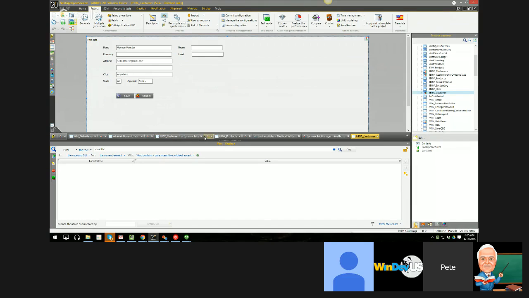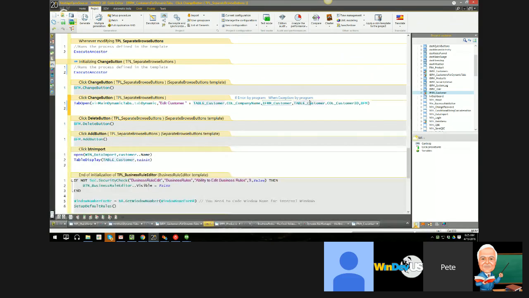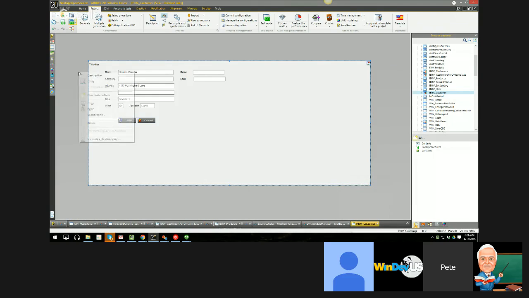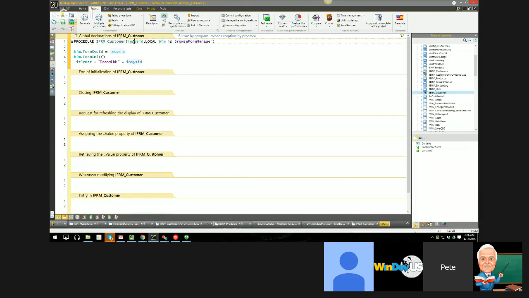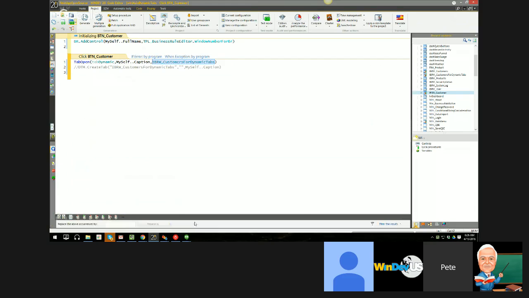And then the last two parameters are actually parameters that are getting passed to the iForm customer. If we look at iForm customer and its definition, you see it accepts two parameters. So that's what those last two